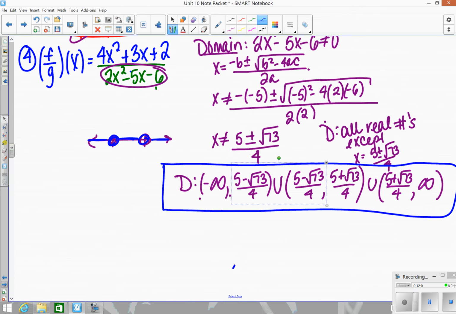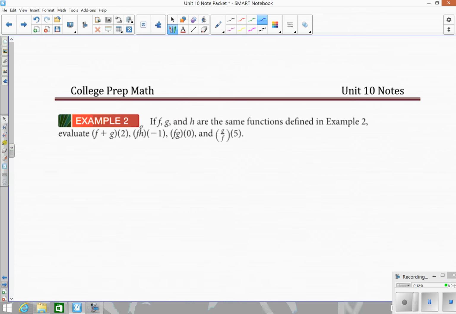So one last thing in this video is to look at this example 2 and basically take the functions that we used in example 1, I should say, and so this is going to be f of g, not f of h, and what we're going to do is we're going to evaluate those functions. So when we look, number 1, f plus g